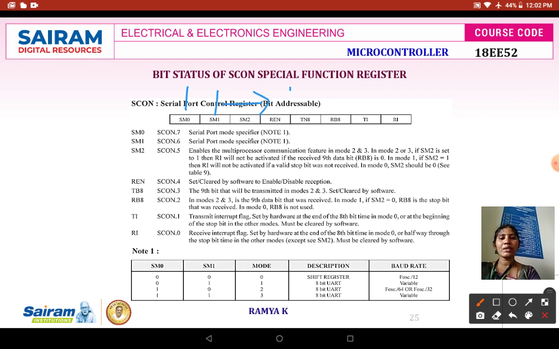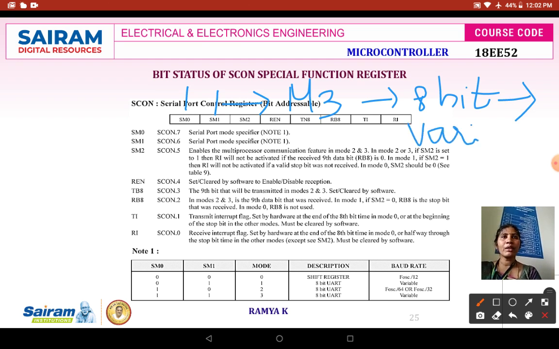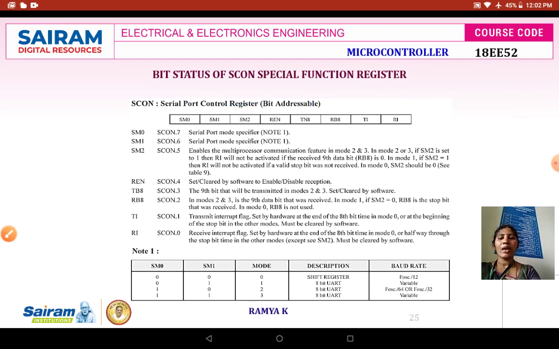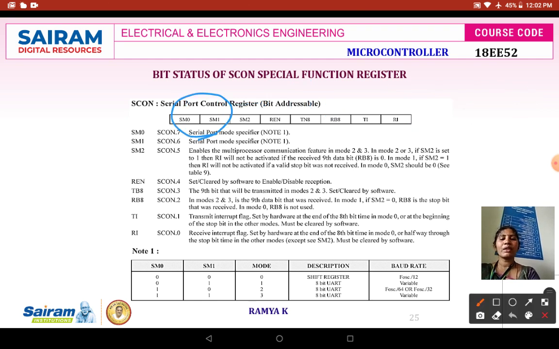If that is the case, it operates with mode 3. Mode 3 is also an 8-bit UART, and the baud rate is variable again. So the 7th bit and 6th bit, SM0 and SM1, define the modes of operation, how your SCON register should work.